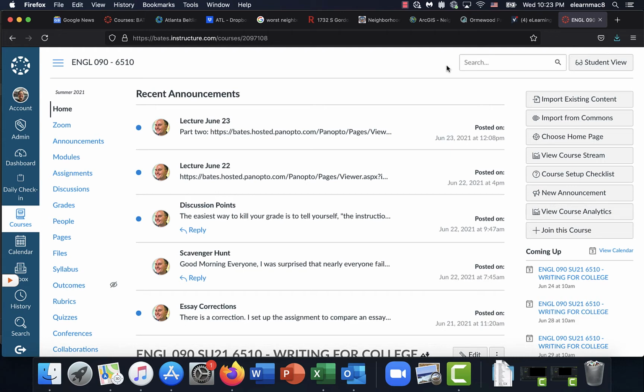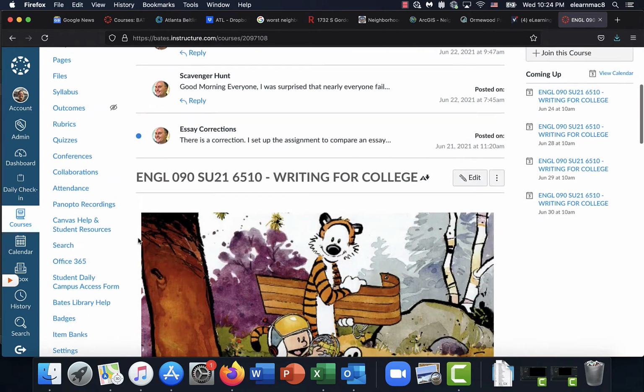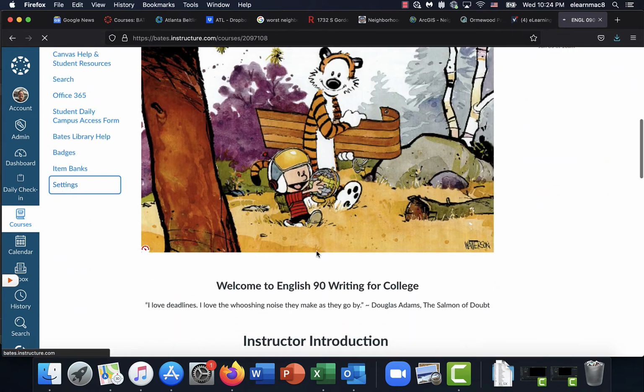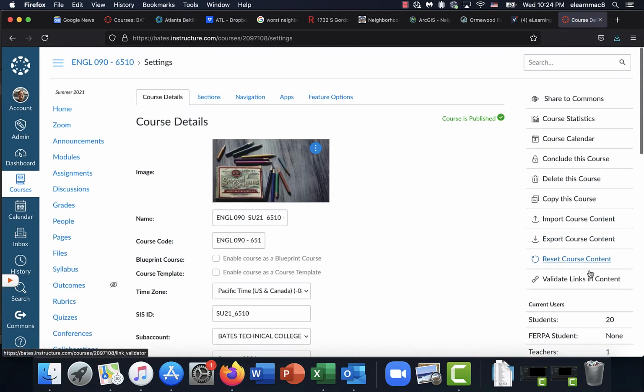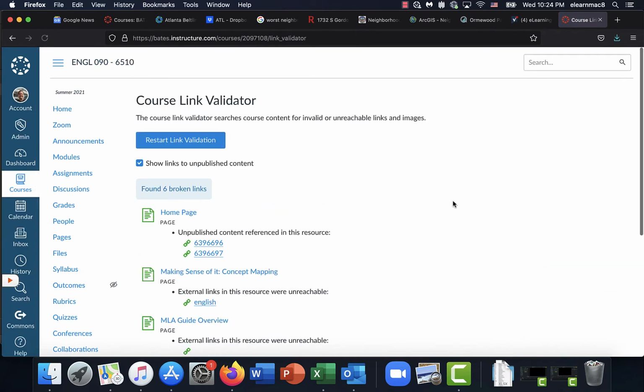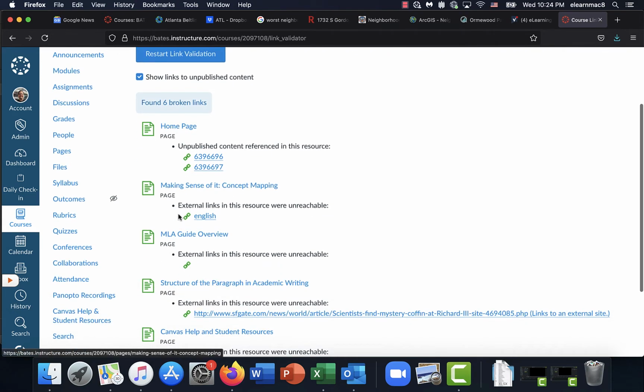It's a large ask, especially if you have a lot of links, so Canvas has a built-in link validator. In order to access that, we scroll down and click on Settings. And then on this right-hand side, you see Validate Links and Content. So we click that. We've already run it in this class, but you would see Start Link Validation. It does take a bit. It might take a couple of minutes, and then it'll give you a list. And on that list, you see where it is. In this case, it's all pages, but it could be a quiz or an assignment,